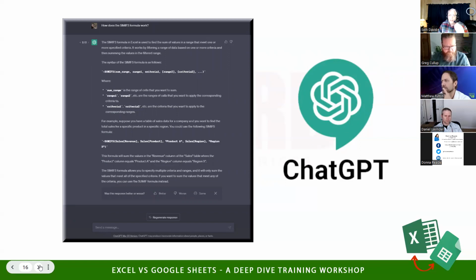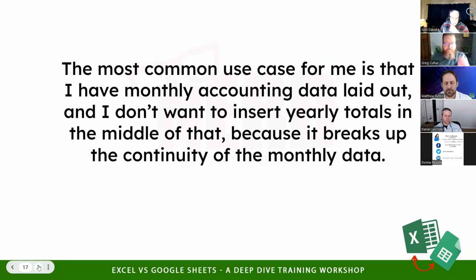So I also want to mention that ChatGPT, which you've probably been hearing a lot about lately, is a great resource where you can learn how to write formulas or ask it to teach you. And the screenshot's probably a little hard to see. Again, in the write-up, you'll get a high-res version of it that you can click to look at up close. But I asked ChatGPT, how does the SUMIFS formula work? And it gives you a nice little explanation of how to use the formula. You can even be more specific and give it the details of your data, and it will write the formula for you, but that might take some effort in terms of understanding how to write the prompt properly in order to get the right result, right?